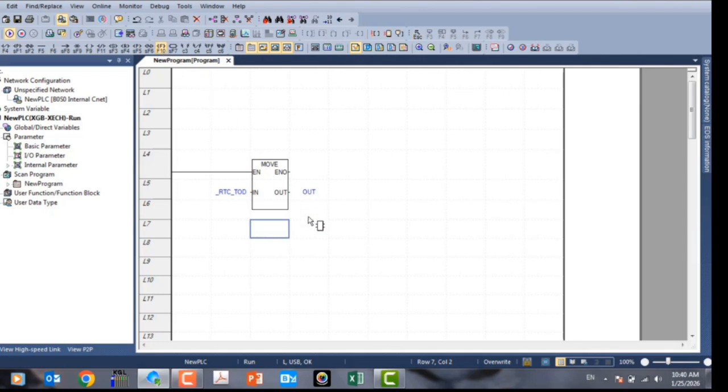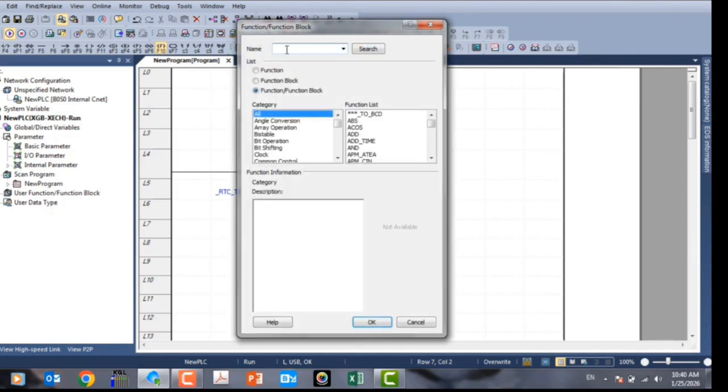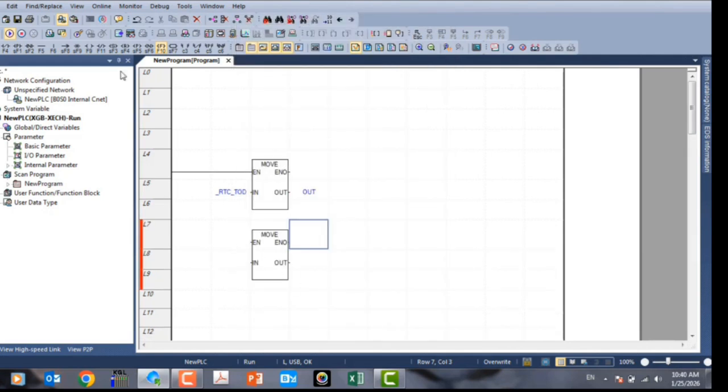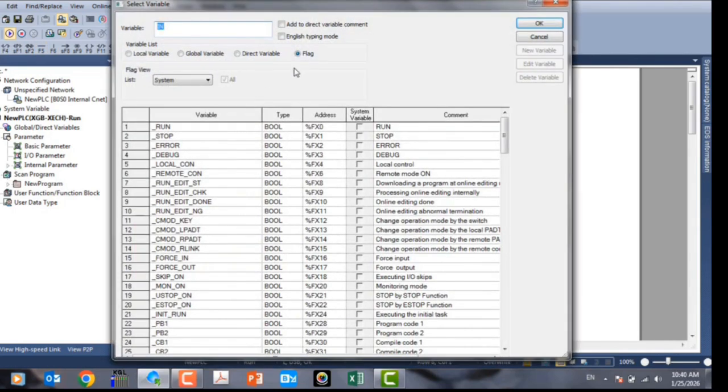This time we want to read the date, that is, the date on my laptop. We want to see if this date has also been transferred to our PLC or not. So once again, we go into the functions. Here I search for move. If I click right here on this menu option and